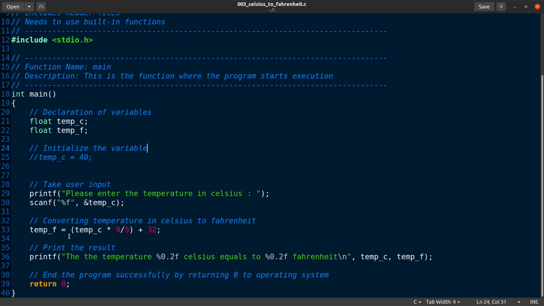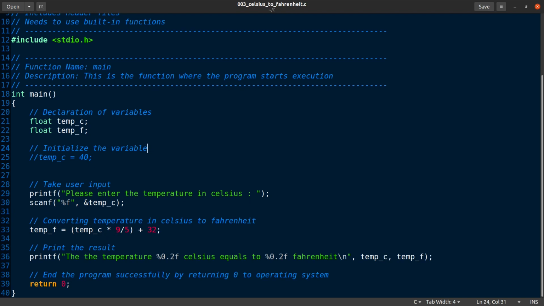Now think about one thing here: if we take temperature C as integer type, does this calculation still work fine? We should convert this temp_C to floating type, because if temp_C is taken as integer type